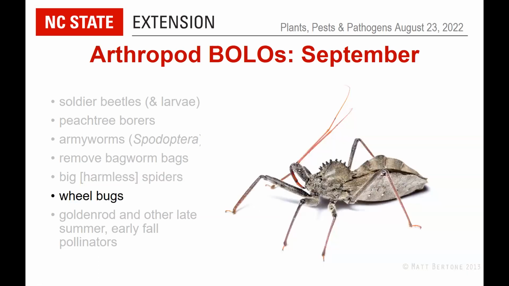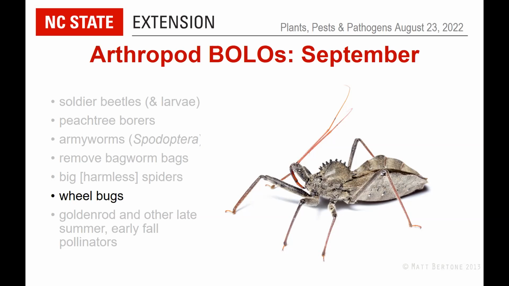Along those lines, the wheel bugs, the large assassin bugs with this big cog on the back, are going to become adults now, and so they're going to be more conspicuous. They are beneficial predators, although they feed on anything they can catch. Also note that you don't really want to hold them, because if they jab you, it's supposed to be extremely painful. So just keep an eye on them, but they aren't dangerous or aggressive,